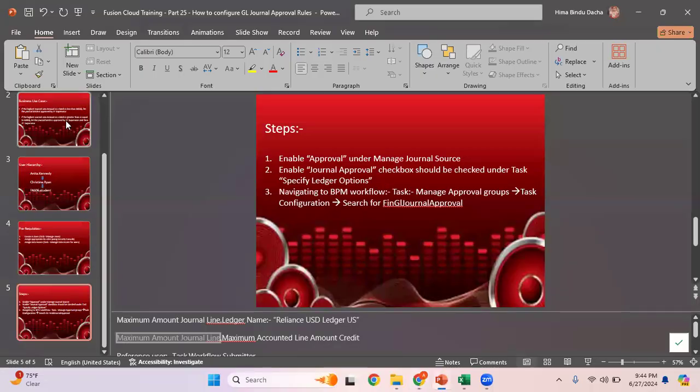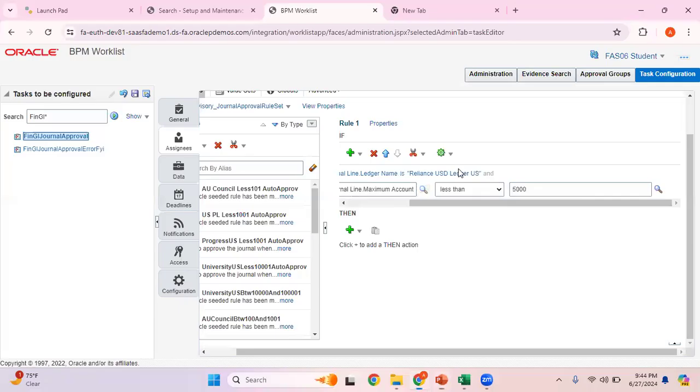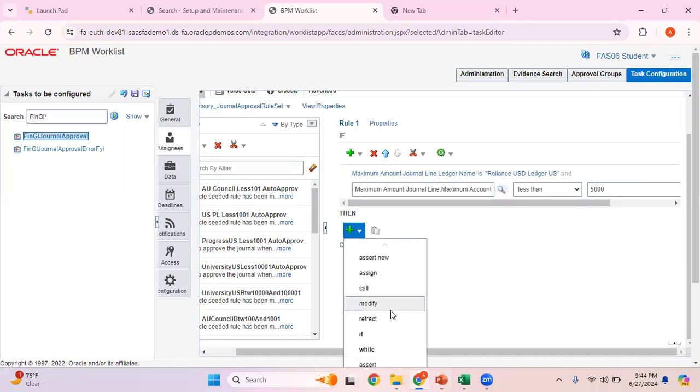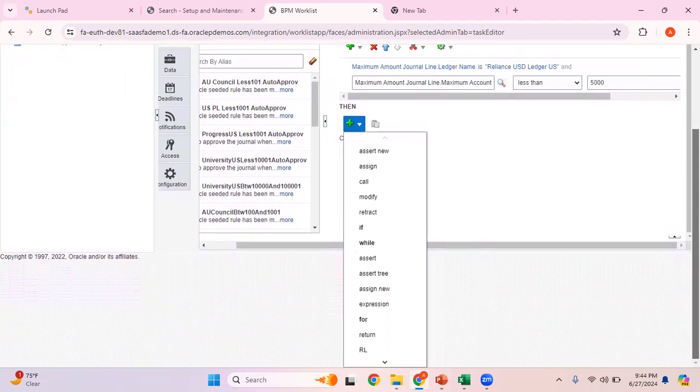So here you can again go back. If the highest general line amount in a batch is less than $5,000, right? Okay, so if it's less than $5,000, this is the if condition. Then I want this to go to my first supervisor. So click on the plus button, click on this, and